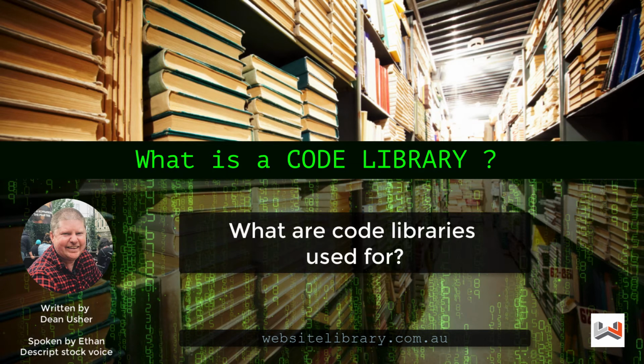What are code libraries used for? Code libraries are used to add extra functionality and features to your core application. In traditional compiled programming languages, like C, that may be as simple as enabling the programmer to output text to the computer's screen, or possibly the use of mathematical functions when working on equations. Whatever it may be, the library is a type of extension to the standard capabilities that an application can perform.